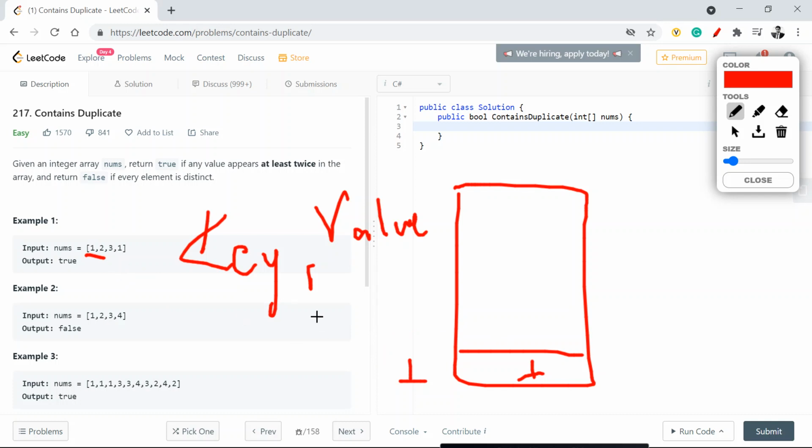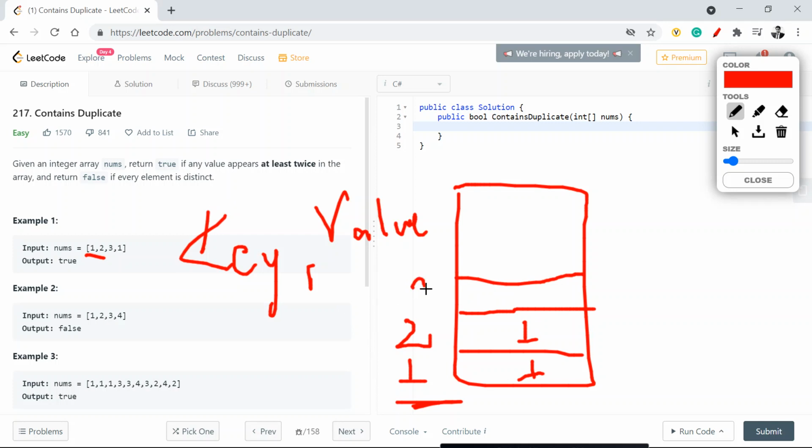I'll see whether I have a 2 in this or not. Searching whether 2 is present or not is of O(1) complexity. So I don't have it, and I'll add key 2 with another count, which is 1. I'm using the number as the key because a dictionary itself doesn't allow duplicate keys, and that's what I'm going to leverage here.